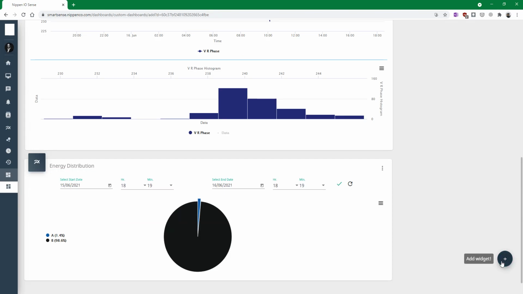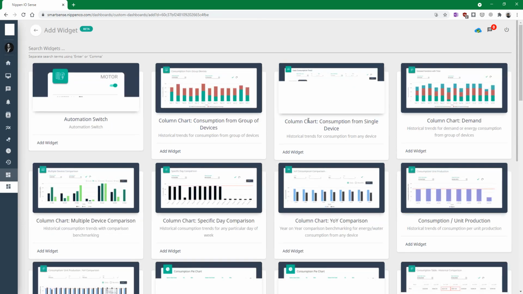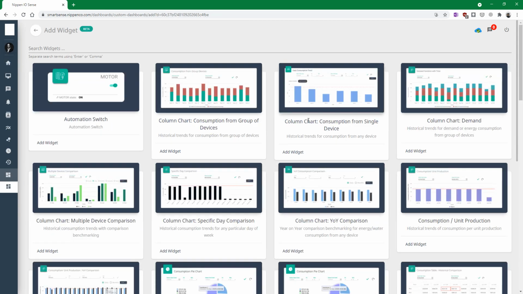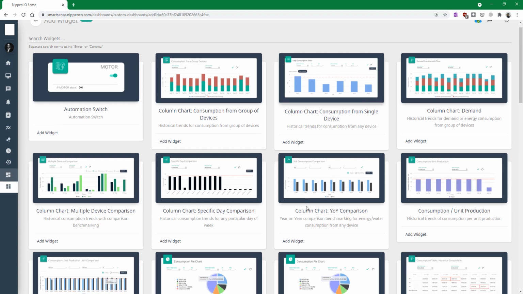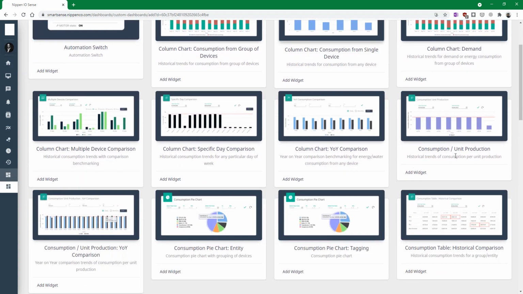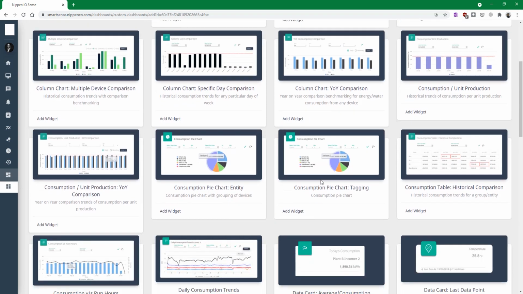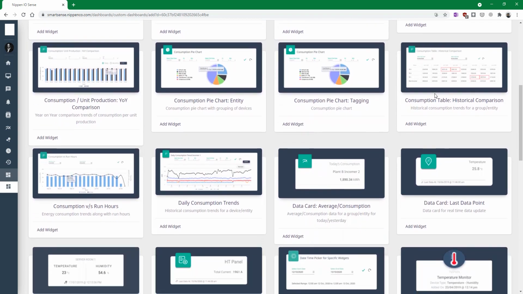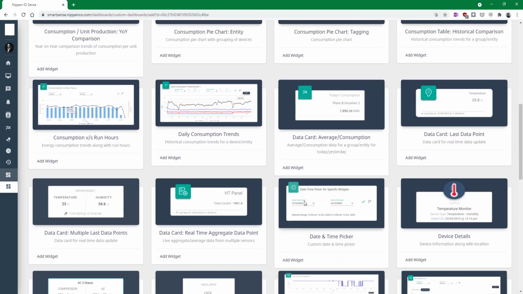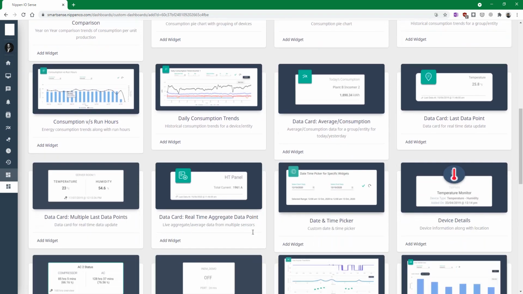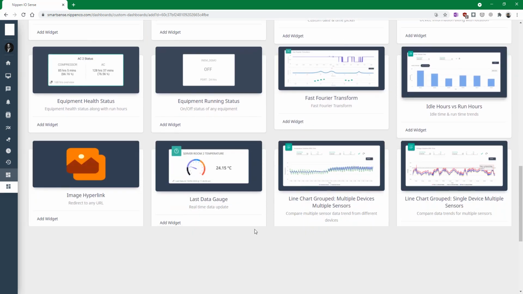Clicking on the plus icon at the bottom right takes us to the widget catalog where we have several different types of widgets such as an automation switch data card, different types of column charts, and different types of consumption per unit production charts. We have pie charts and data table widgets. We also have several data card widgets as well as line chart widgets.